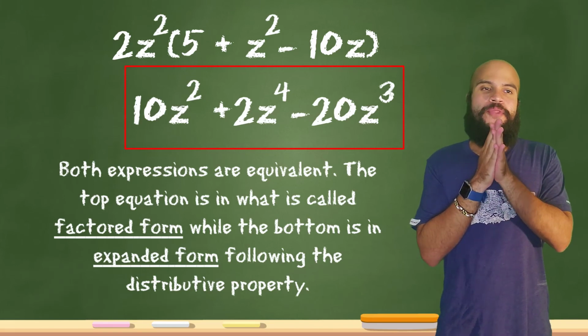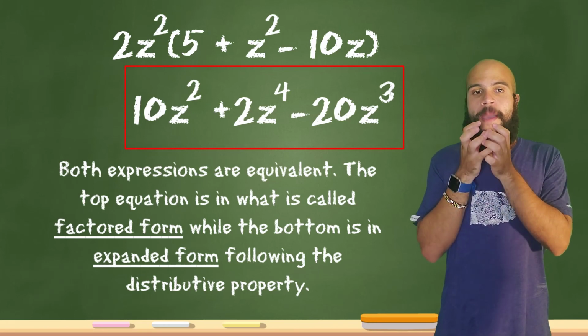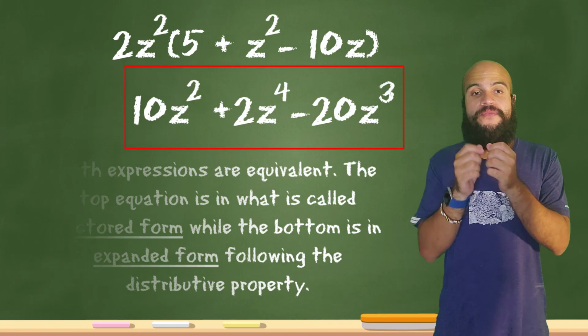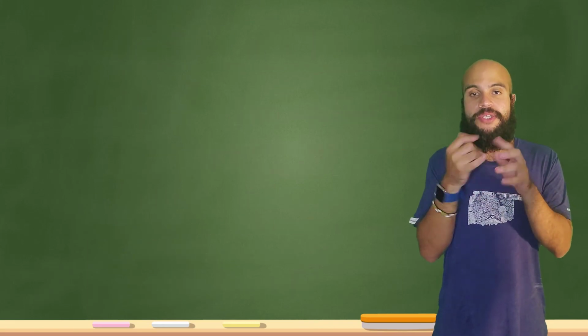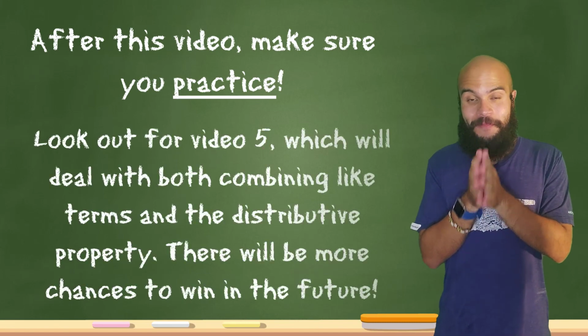Now, with video 3 and 4, we know how to combine terms now and use the distributive property. Make sure you get out there and practice, practice, practice. Video 5 is going to be a combination of distribution and combining like terms. So make sure you check back for that video and continue to